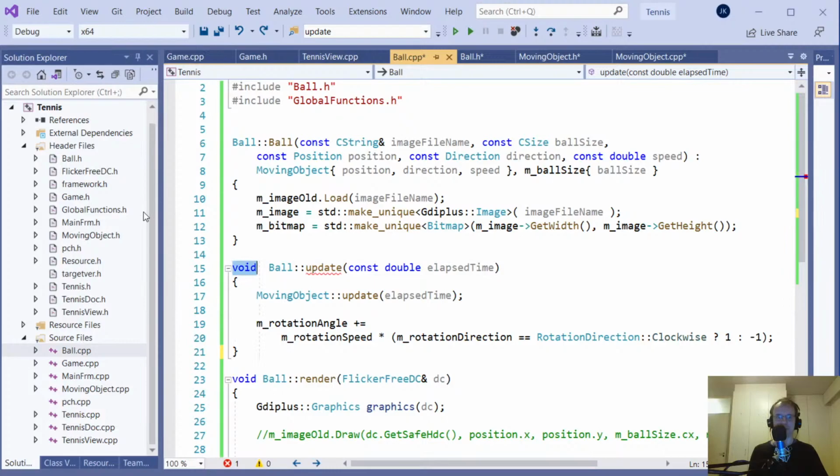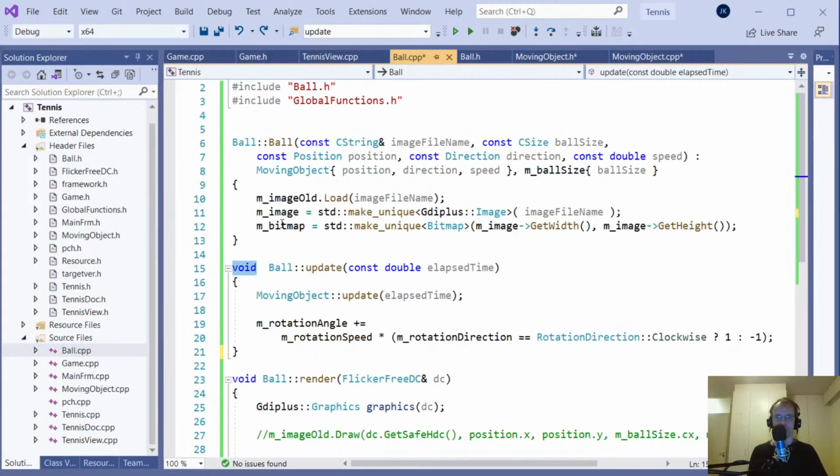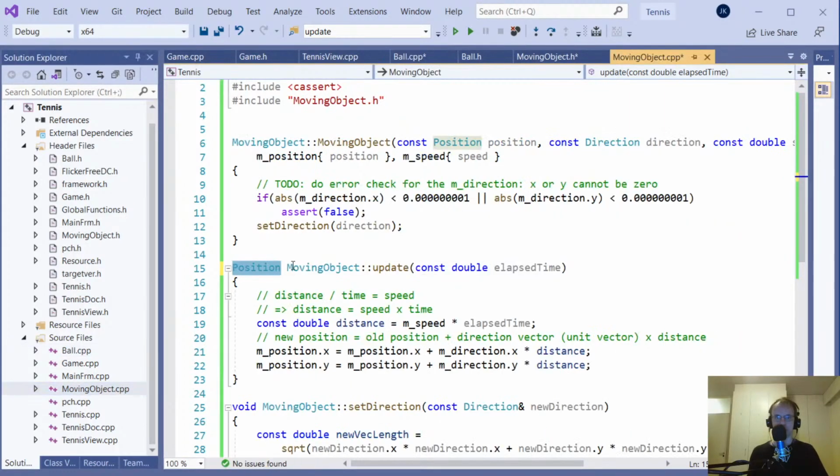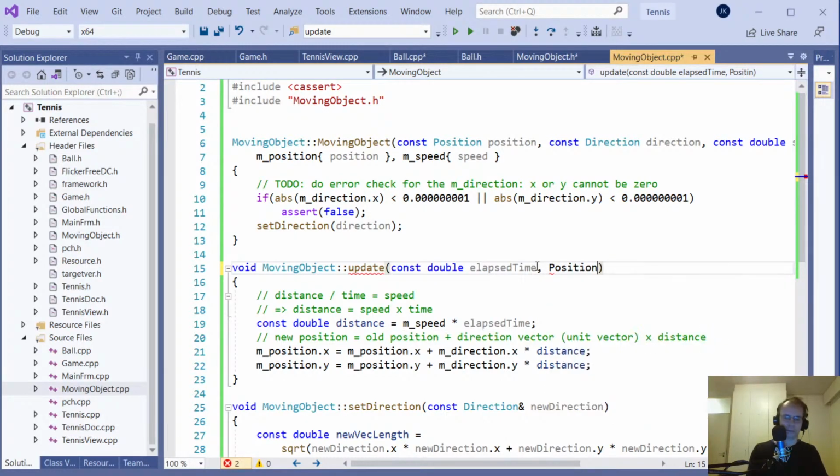Okay, let me change my mind actually. I pass it as a pointer. Sorry, I will return it as a pointer. Yeah, we do like that. So I'm gonna add a new value here, which is called position. It's a pointer,